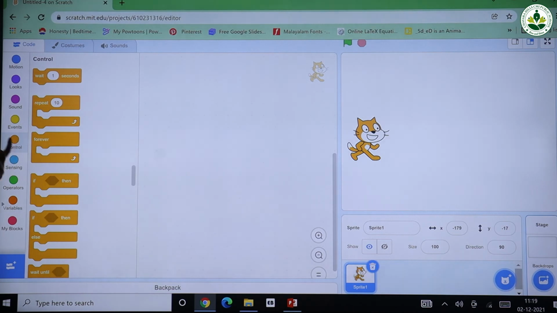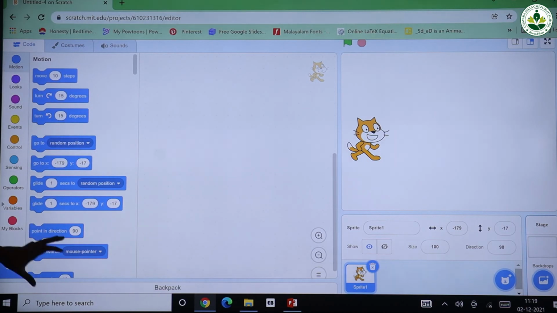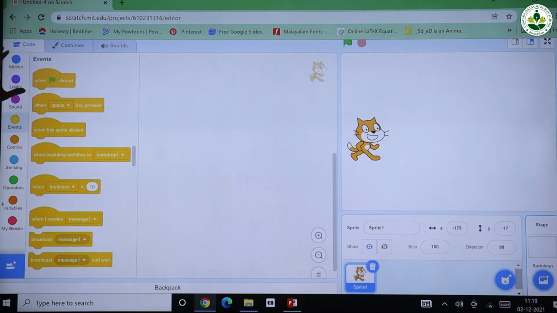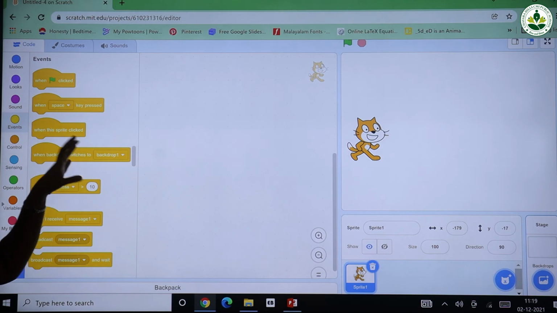The blocks also have the same color as their category. When I click on the Motion block category, all the blocks under the Motion category are in this blue color. When you click on Events, all the blocks under the Events category are in this color. And this Control category we use to start a program.